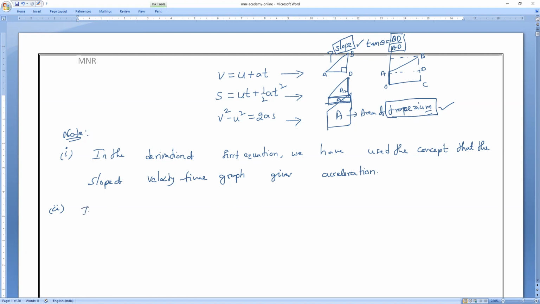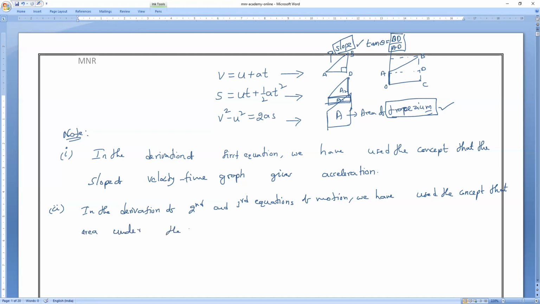In the derivation of the second and third equations of motion, we have used the concept that the area under the velocity time graph